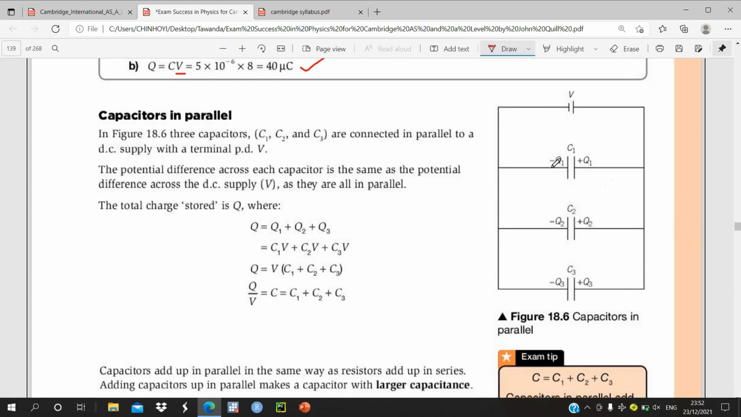Now looking at the capacitors in parallel, like in this diagram, we have capacitances connected in this way. Whenever we connect resistors or capacitors in parallel, we are going to have the same voltage here. The voltage across this will be the same as this V. So the total charge being stored here,